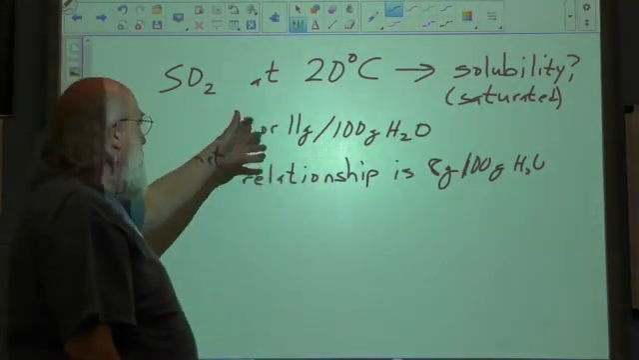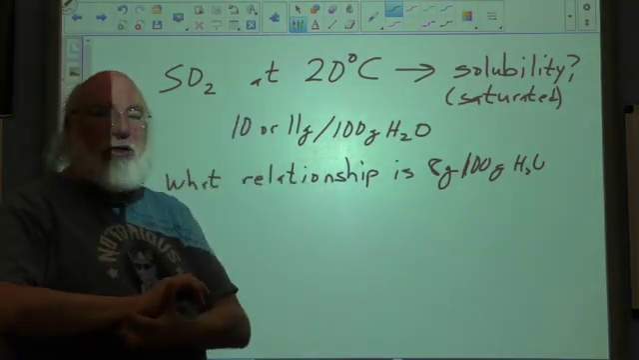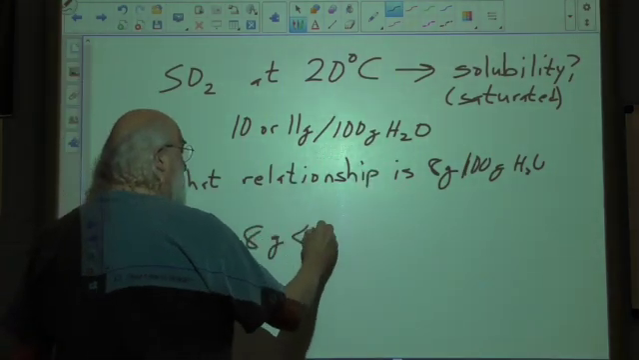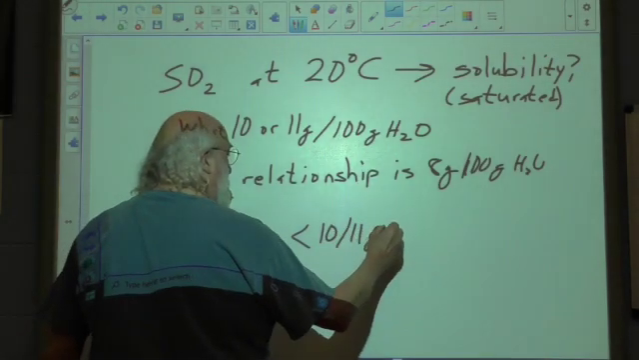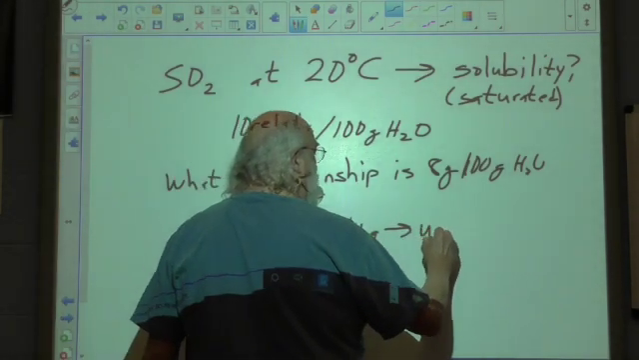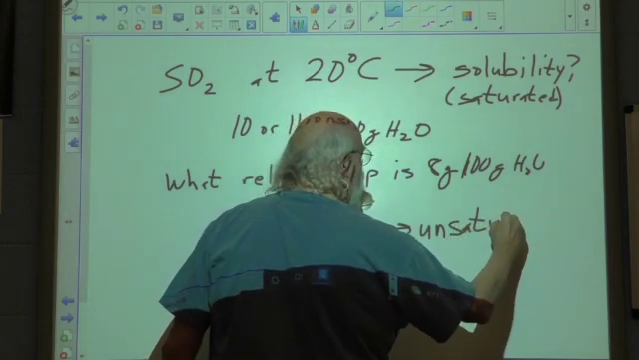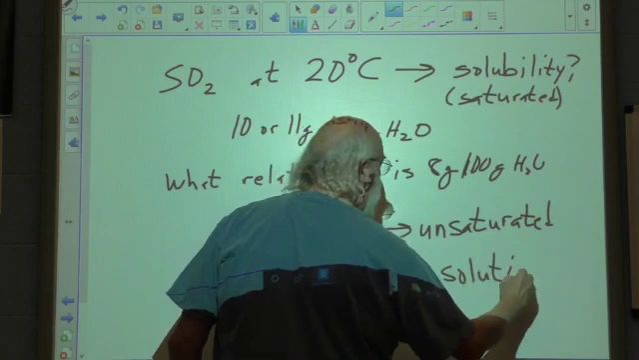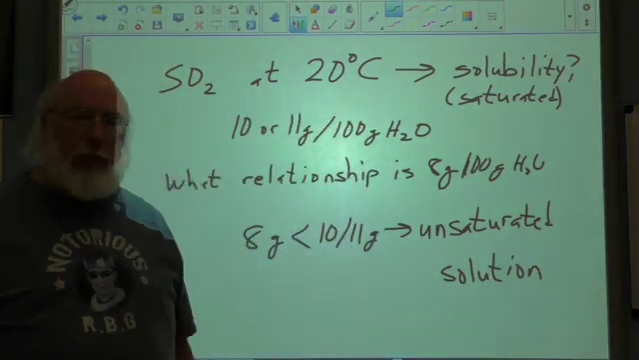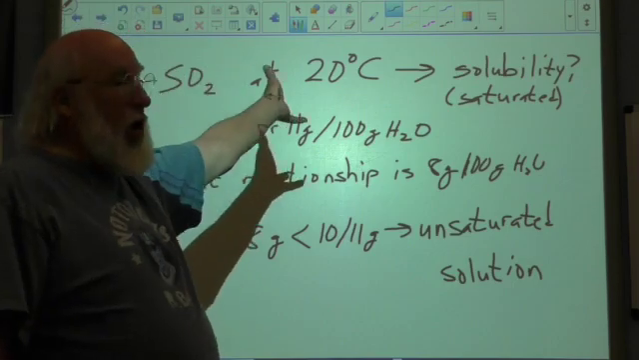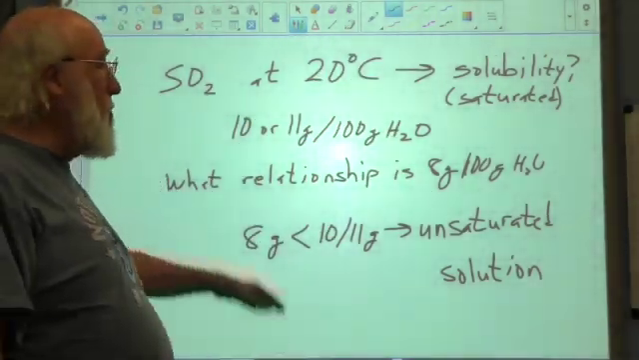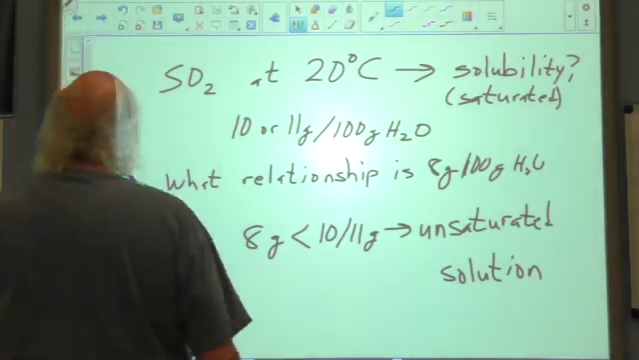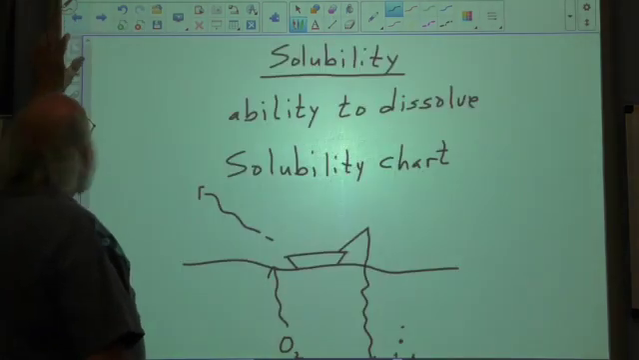So if this number were 10 or 11, we'd say, yeah, this is probably going to be a saturated solution. But it's less than that. Since 8 grams is less than 10 or 11 grams, therefore, this is considered an unsaturated solution. Pretty simple. Okay? If it's above that, it's supersaturated. If it's below that, it's unsaturated. If it's right on the money, it is saturated. That's what we're looking for. Okay? Now,